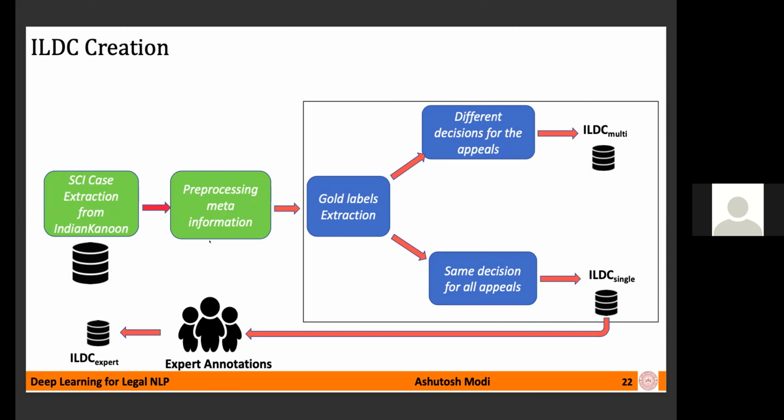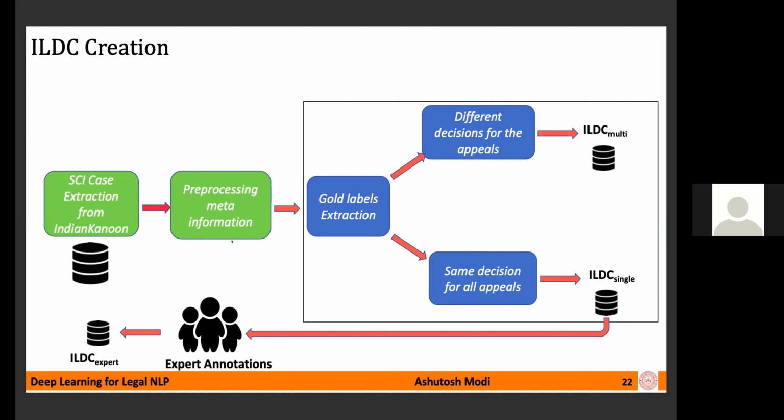As a next step, we pre-process the documents, removing the meta information that is not relevant to the core document. In SCI case proceedings, decisions are written towards the end of the document. These end sections directly stating the decision have been deleted from the documents in ILDC, since that is what we aim to predict. For each case, the actual decision label has been extracted from the deleted end sections of the proceeding using regular expressions.